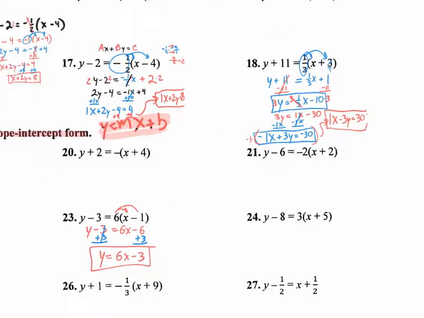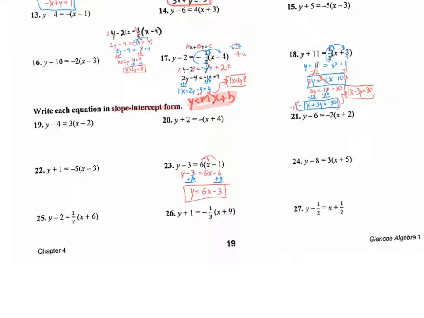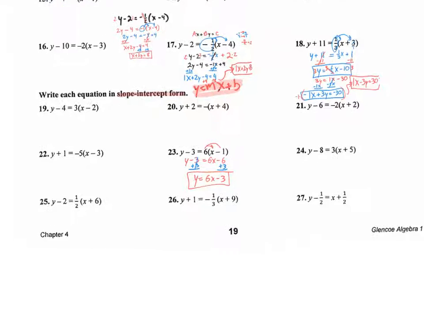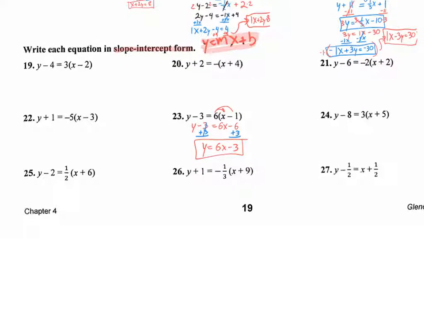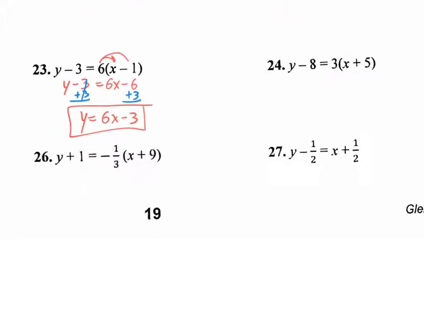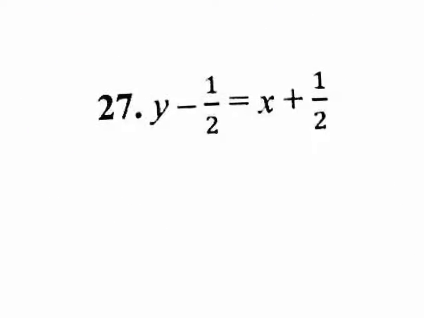And this last section was changing it to slope-intercept form. I mean, this last section is really easy. Pick a number. We already did 23 on a previous video. Any other one you want to see? On the last section? Which one? 27? Sure, why not? Okay, so